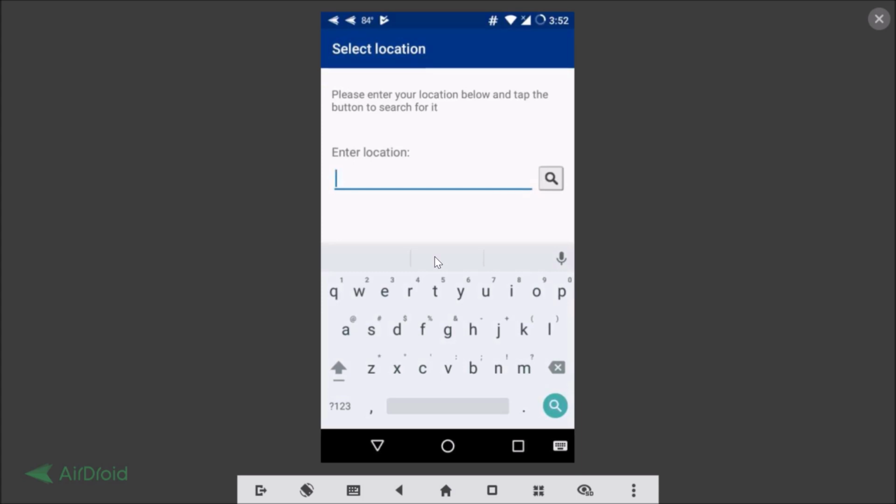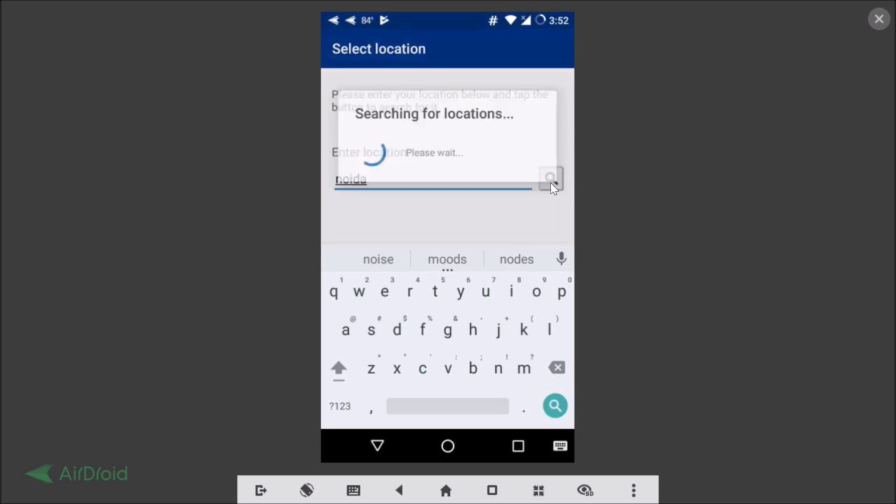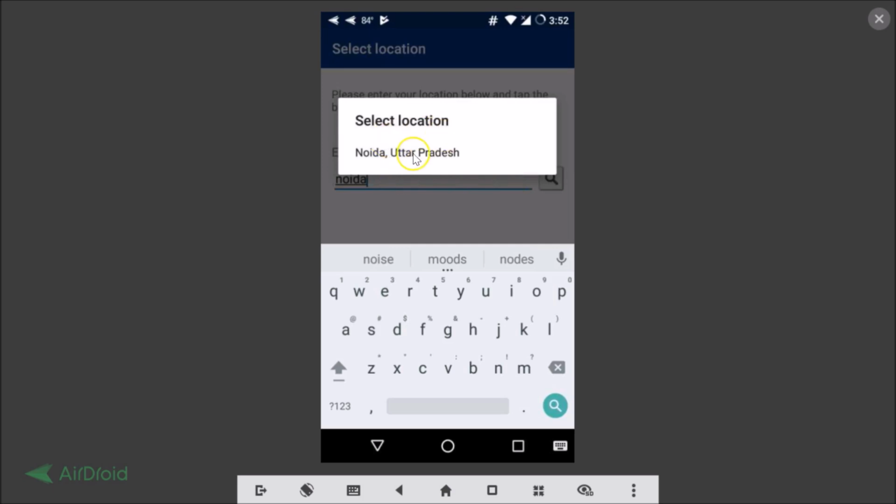as you can see guys, it's asking me my location. Please enter your location below and tap the button to search for it. Okay, so let me enter my location and just tap on this search button over here. As you can see, select location, Noida, Uttar Pradesh. Just select your location,